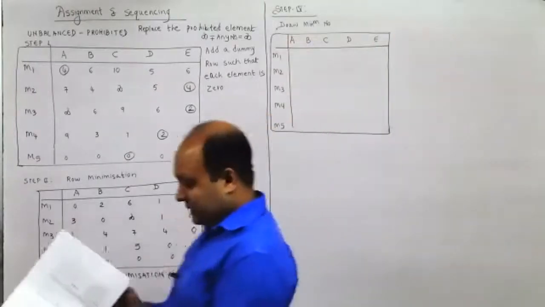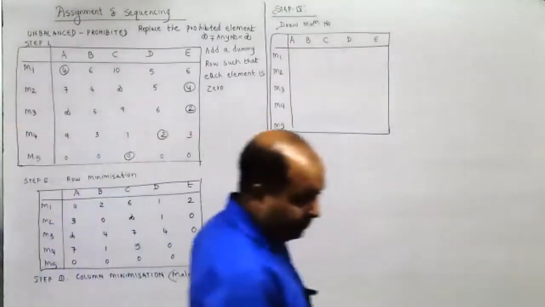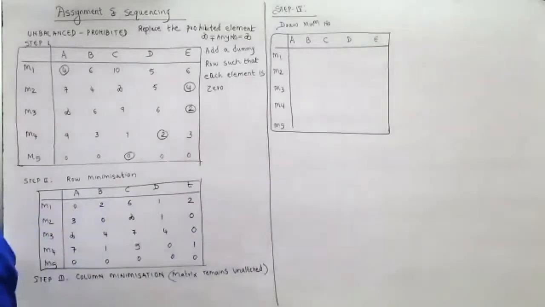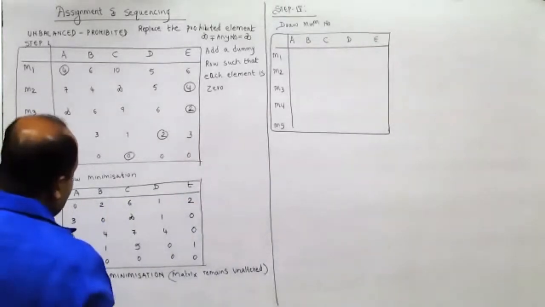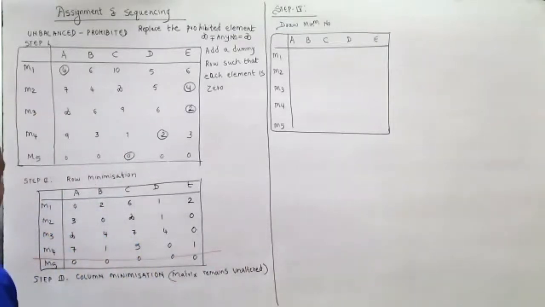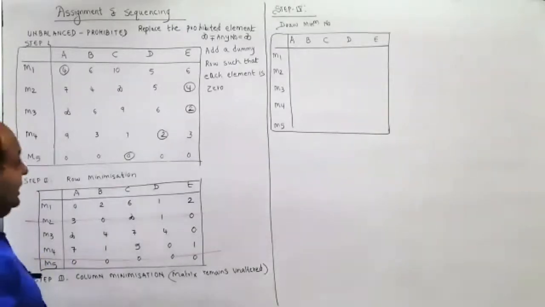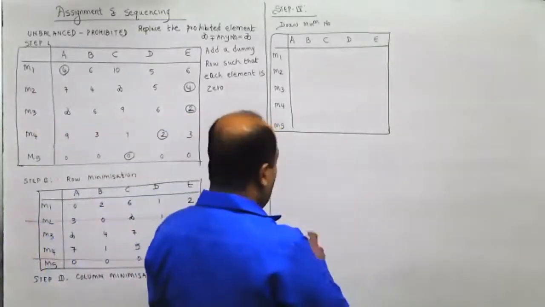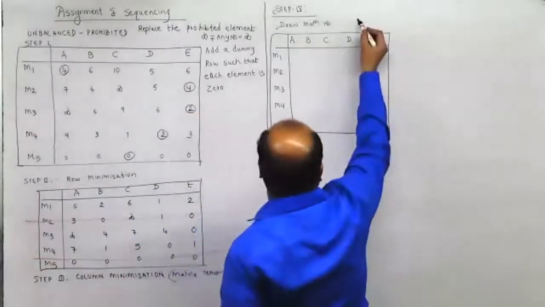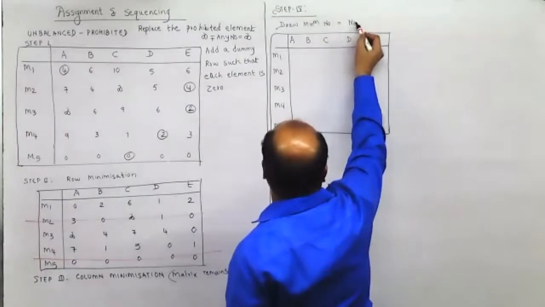Even though I have written it over here, I'll show it in the calculation. If I draw one line vertically everywhere, I'll get 5 lines. I'll cover the maximum zeros under one line, then this is 2. I think all 5 lines are required; there's no other way we can do it. So 5 lines are required. We'll have to say here that the minimum number of lines required is equal to the number of rows.